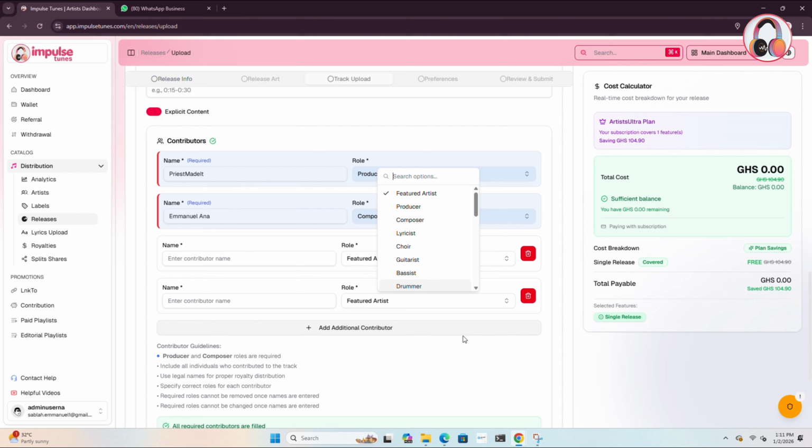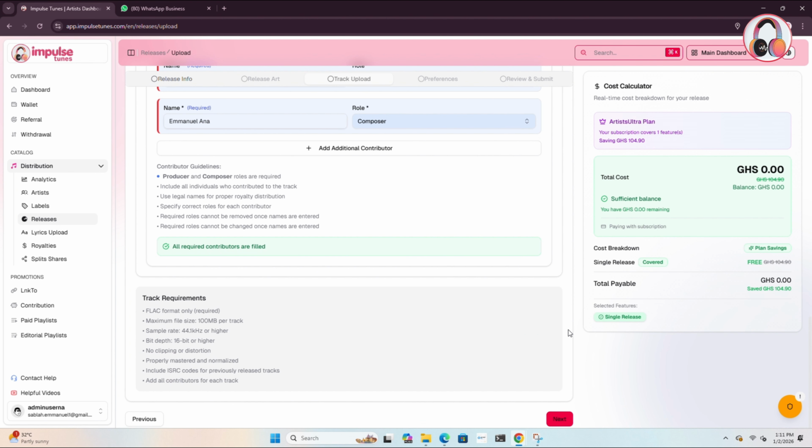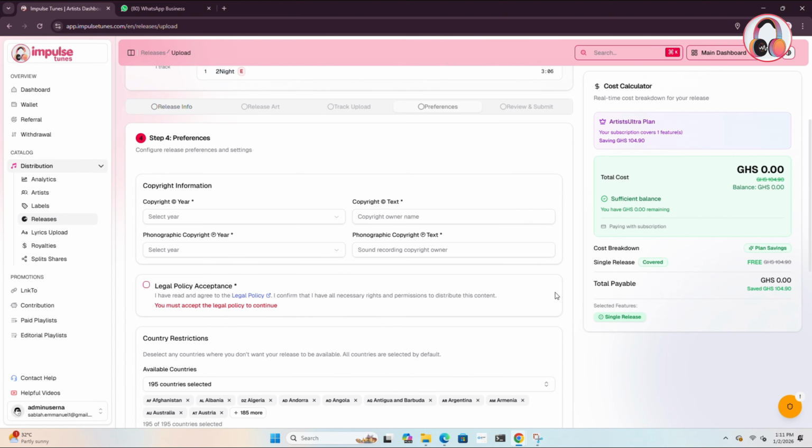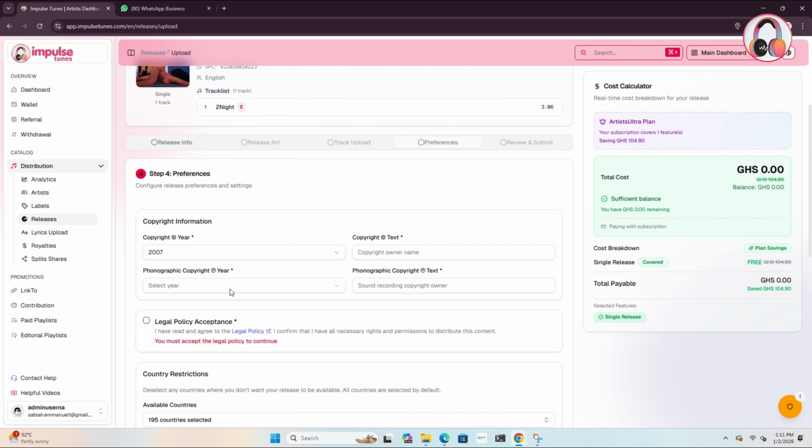So that's it. And the required rows are the producer and the contributor, right? These two rows are very, very required. So after that, we click on next, and now we have our year to select. So you need to select the copyright year. It has to be